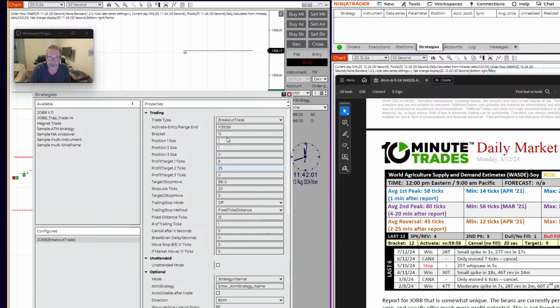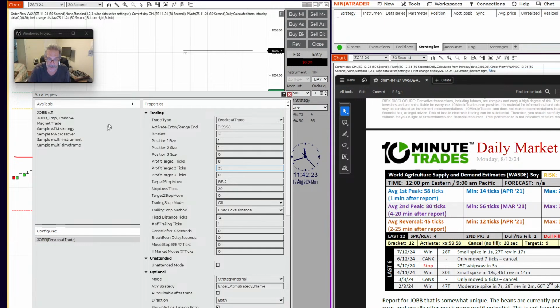11:59:58 on the trigger. The bracket is 12. Targets, like I said, anywhere between 6 and I think 6 and 30 makes sense today. The stop is 20. WASDE does tend to change direction, so you can